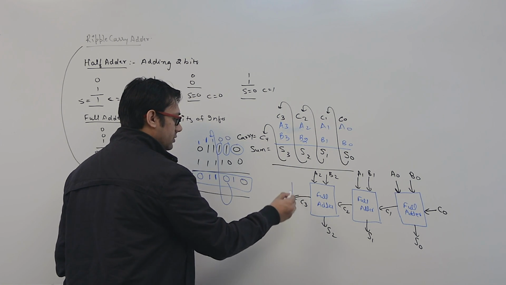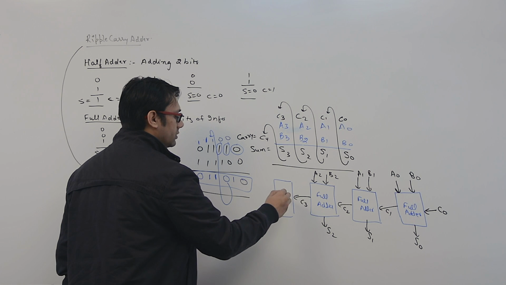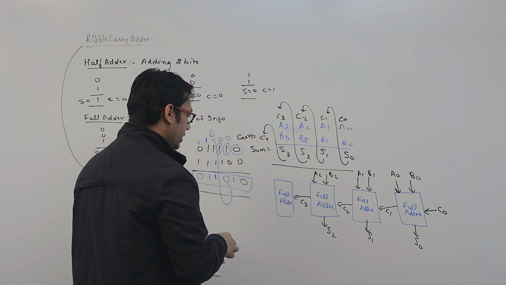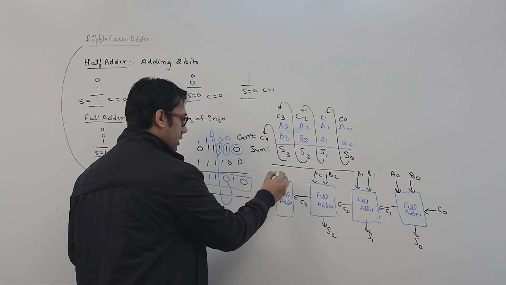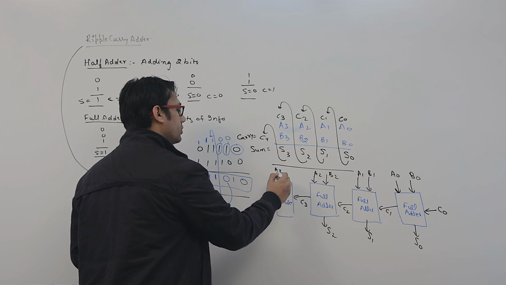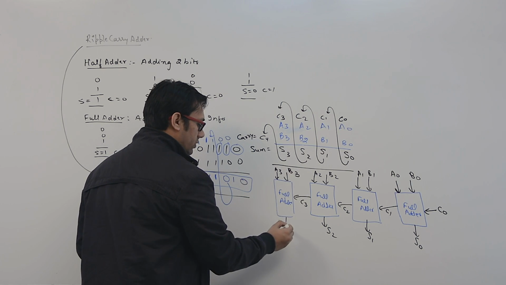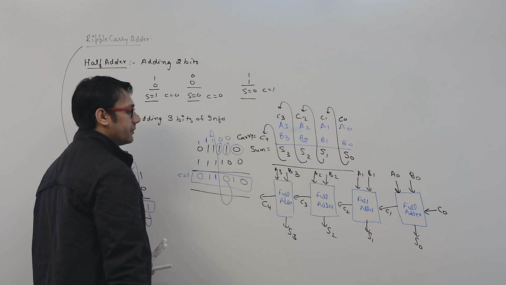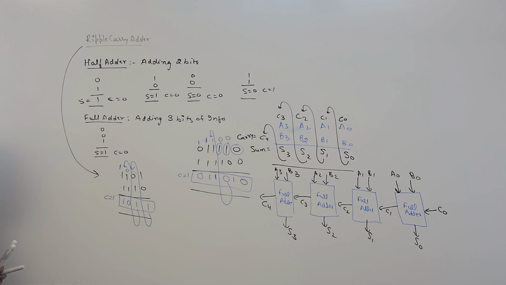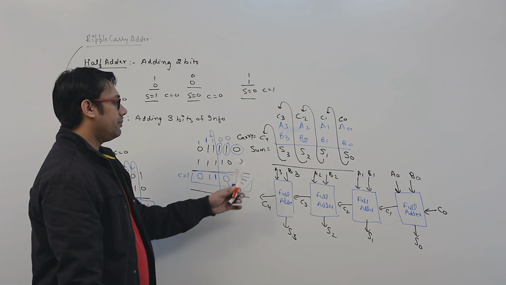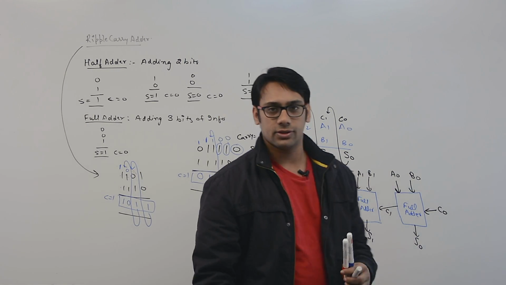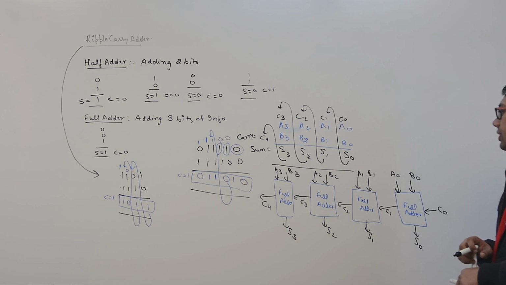Again we will use one more full adder. This is a full adder. Now this full adder, again it is going to take A3 and B3 as input. It is going to give S3 as sum, and it is going to give C4 as carry. Initially you can easily implement this serial adder like this, but what is the problem with this circuit is,